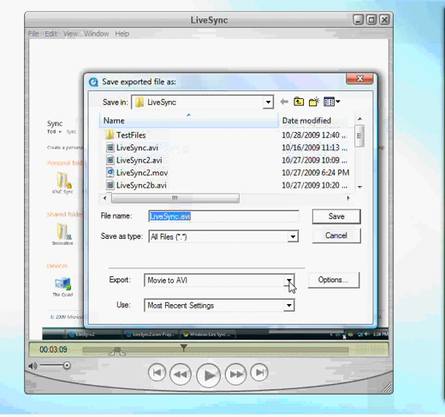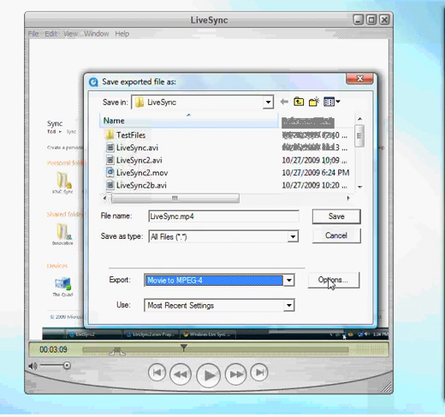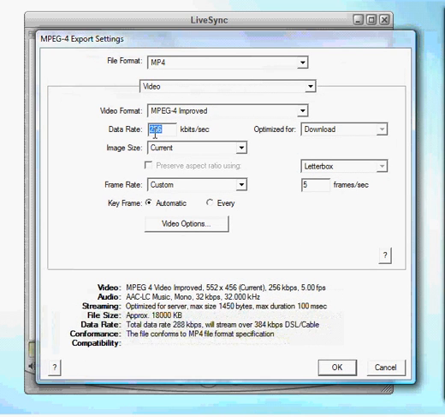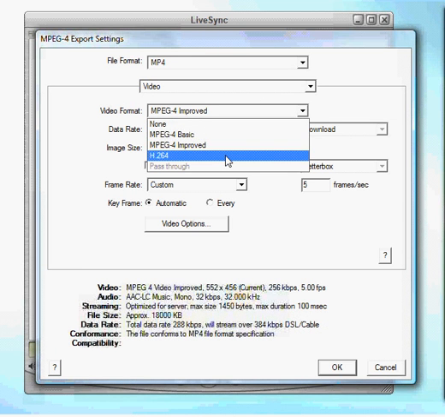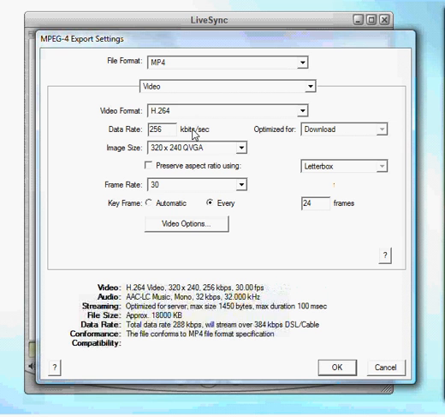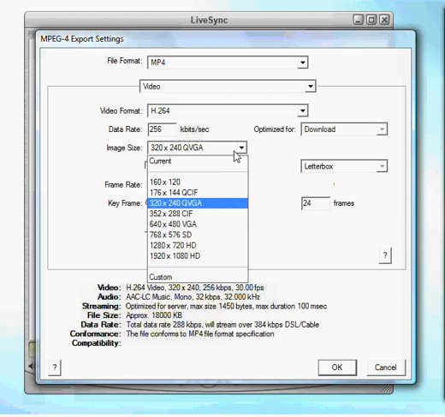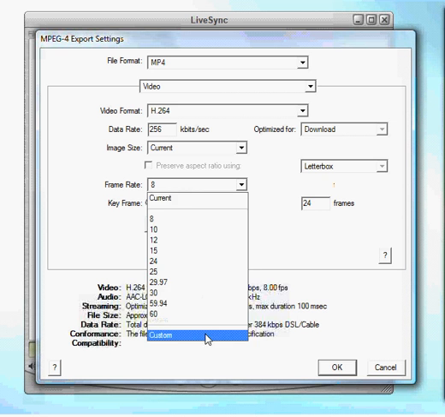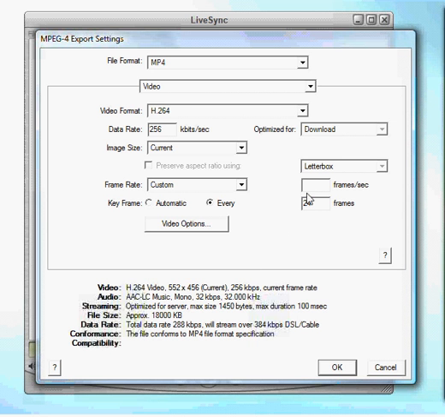You have options, and typically I would go movie to MPEG-4, click options, set a... actually a lot of the services seem to like H.264, and then I usually keep my image size. I usually step this down, sometimes even lower. So I'll go to custom and say 5 here, and then it's a matter of setting